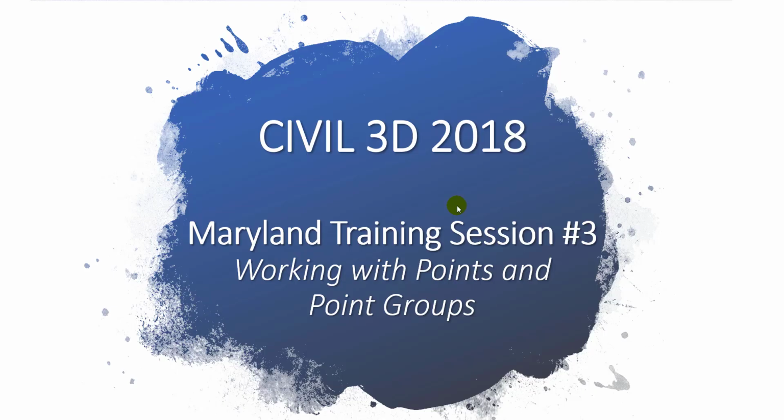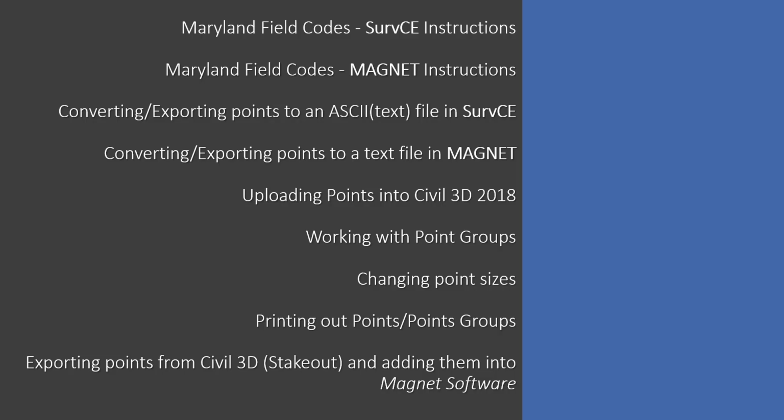This video is going to go over Civil 3D 2018, Maryland training session number 3, working with points and point groups. Some topics that I'm going to go over: Maryland field codes, the SurvCE instructions, Maryland field codes, the Magnet instructions, converting exporting points to an ASCII or text file in SurvCE, converting exporting points to a text file in Magnet,